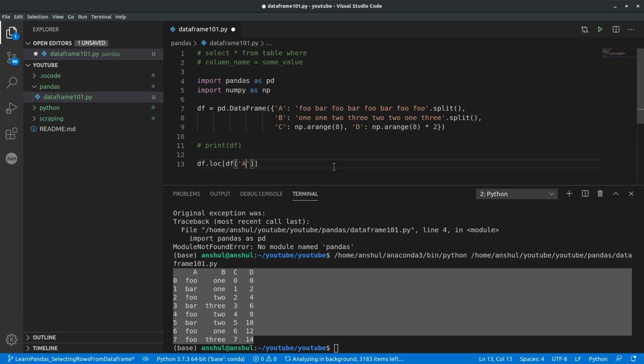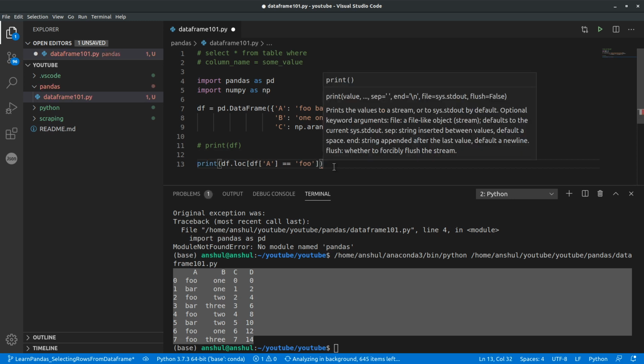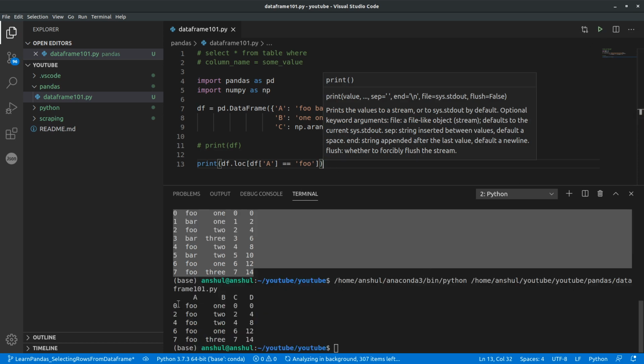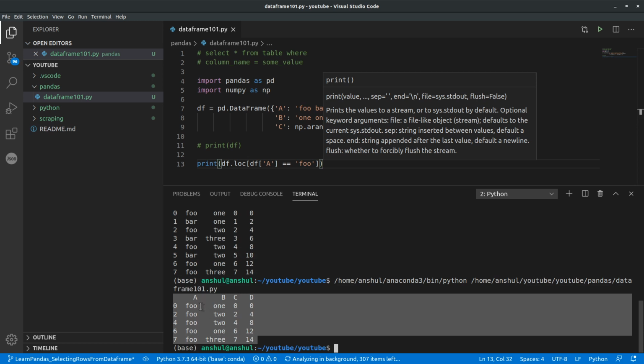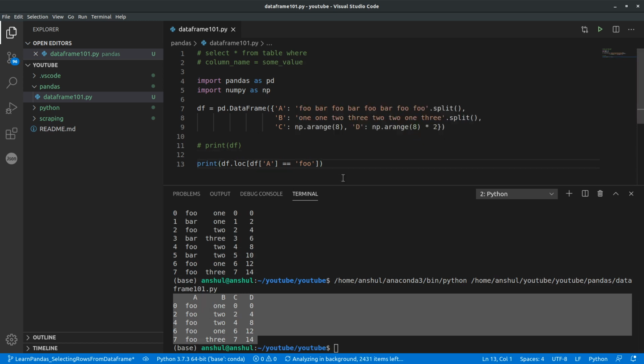In column A of the data frame, wherever we find the value foo, I just want those rows. Let's print it and see what happens. Yeah, if you see in the output, wherever we had the value of A set as foo, it got printed. So this is one way to select.